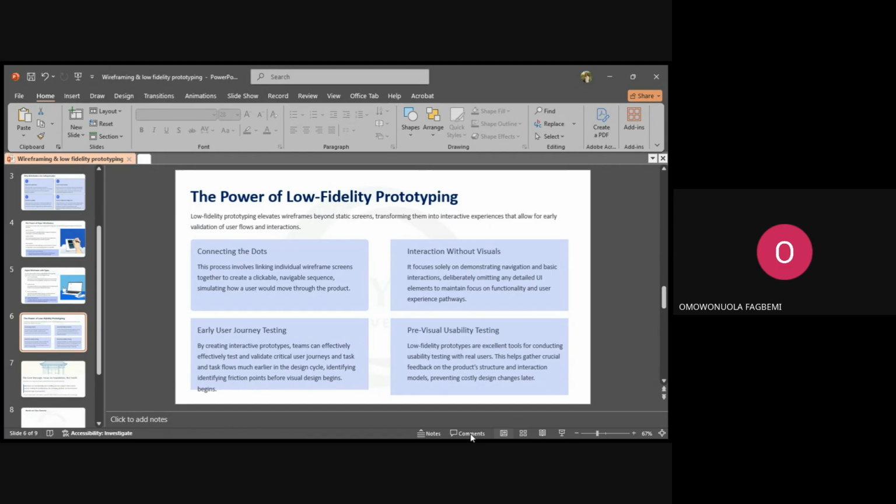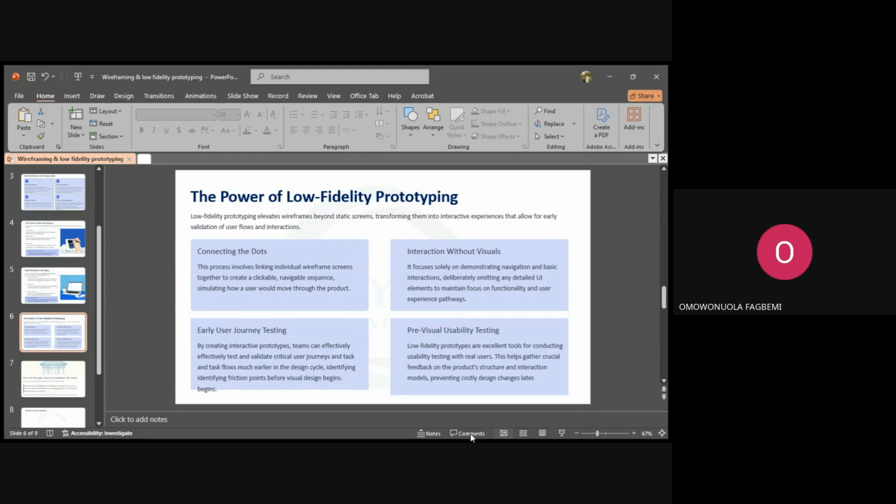You can actually test this with your users early in this phase, because you could finish the design, add all the colors, all the images, and then test it with your users and discover that it is not functional. So something some designers do is that once they've done the low fidelity wireframe, they test it with their users to ensure that it is functional first. Once they have ensured that functionality has been effectively hit, that they've achieved premium functionality, they will now start